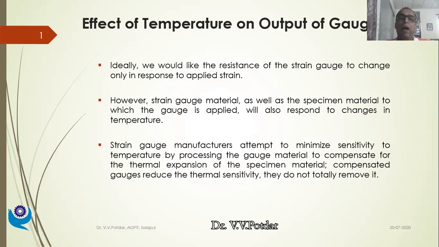But as I said, R is equal to rho into L by A. Length and cross-sectional area, these are the geometric parameters. The geometric parameters are changing and the resistance is changing. But if the resistivity rho of the material changes, then also the resistance of the conducting wire changes. Now, keeping this fact in mind,